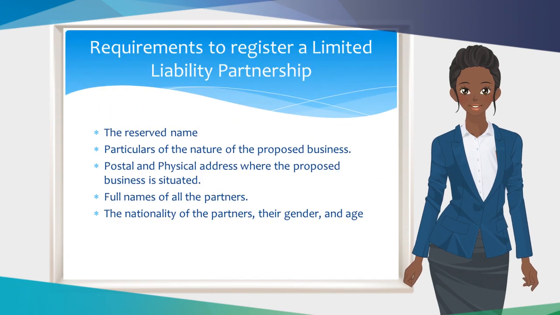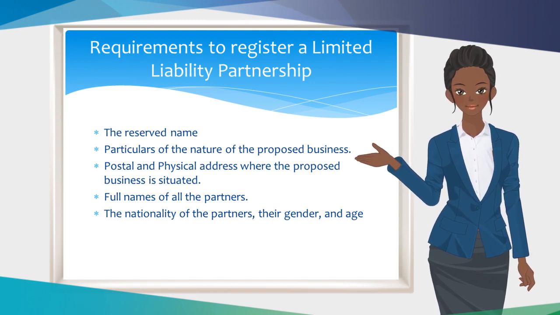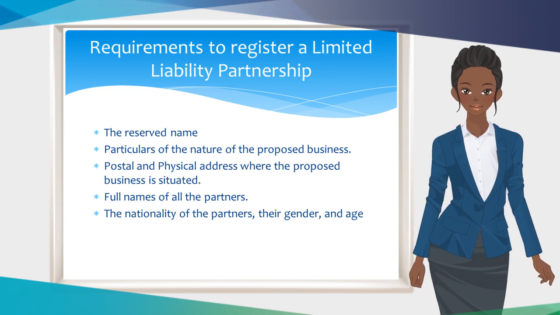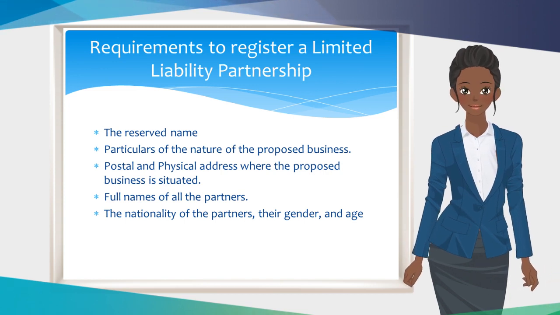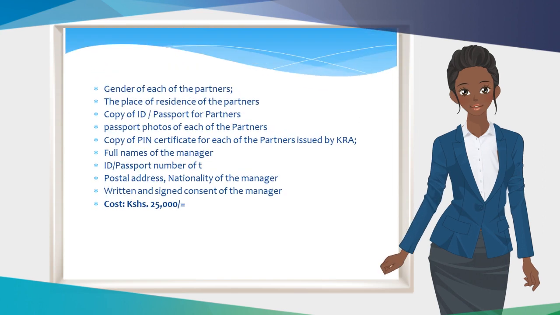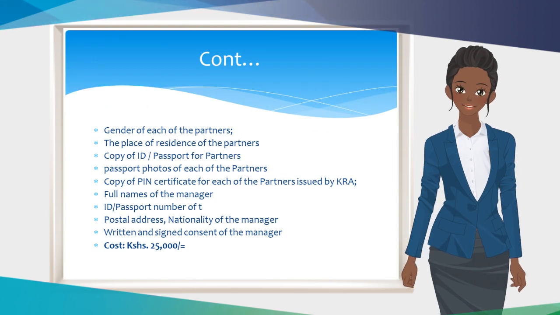A limited liability partnership. For this, you need the reserved name, particulars of the nature of the proposed business, postal and physical address where the proposed business is situated, full names of all the partners, the nationality of the partners, their gender and age, and the place of residence of the partners,